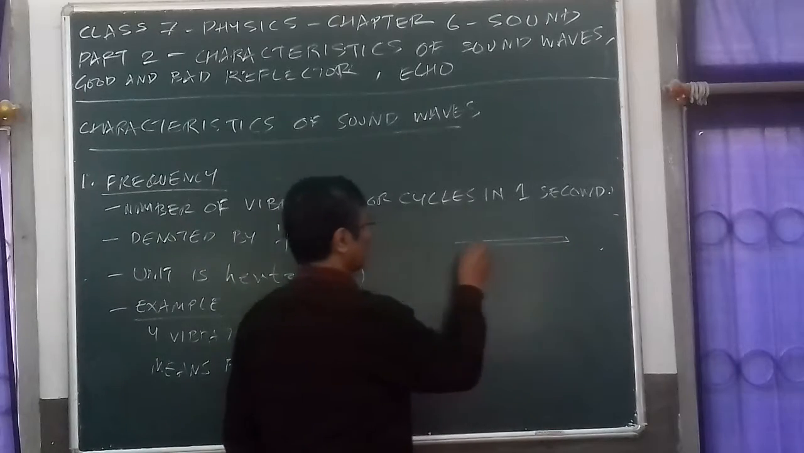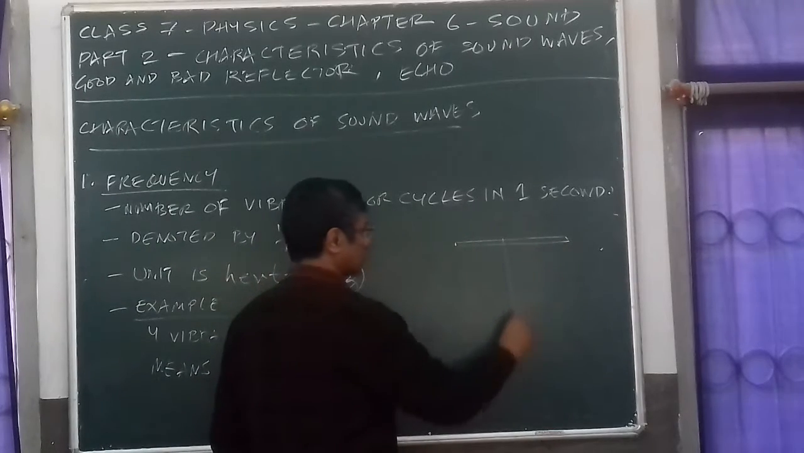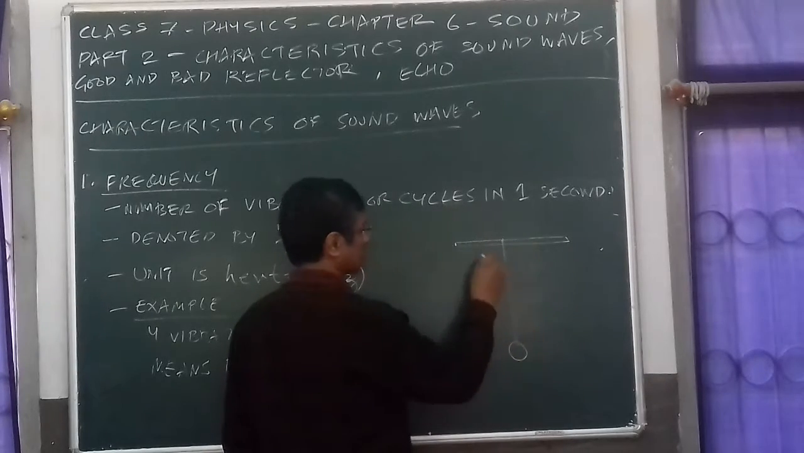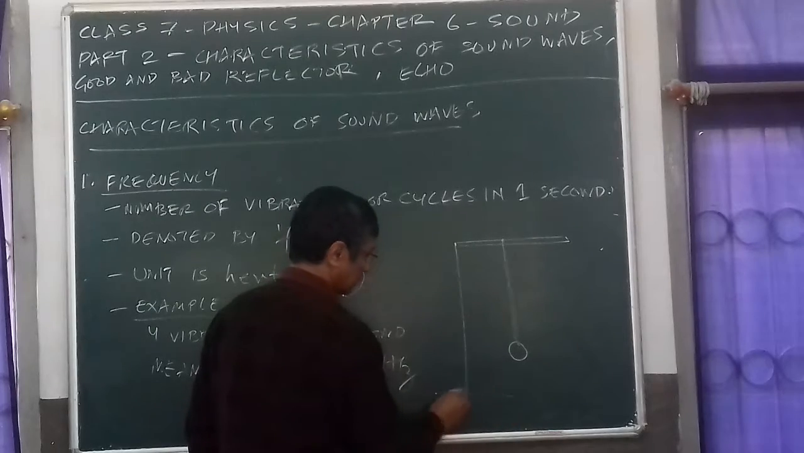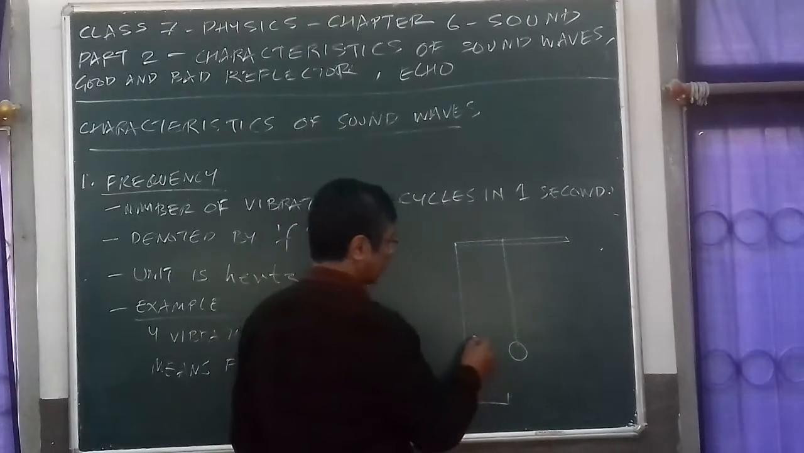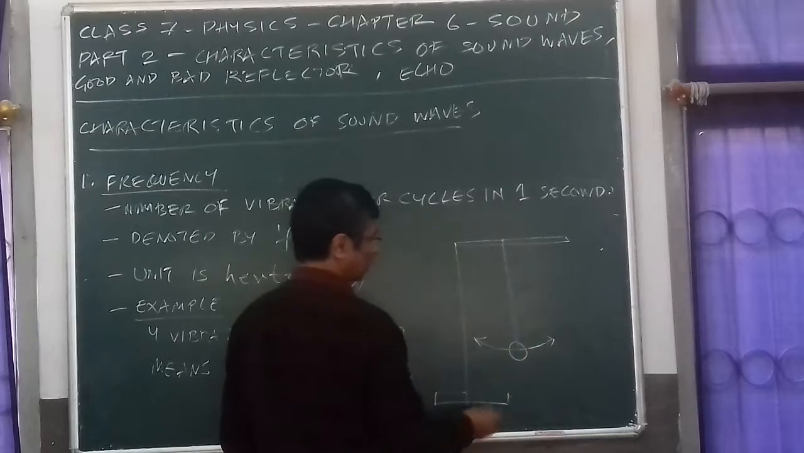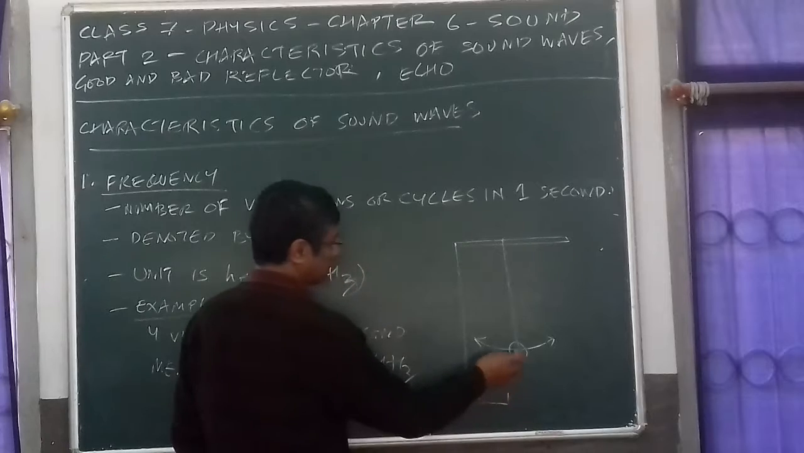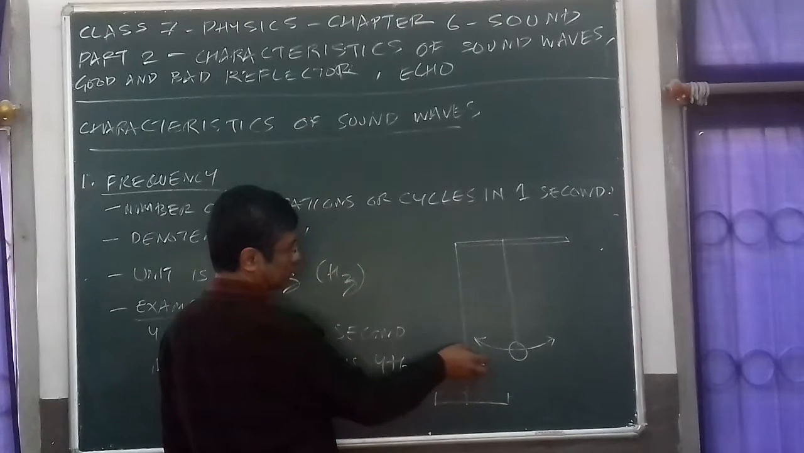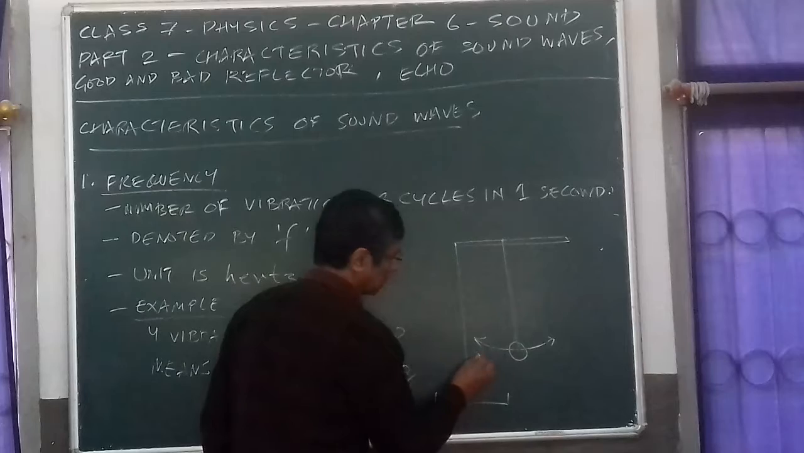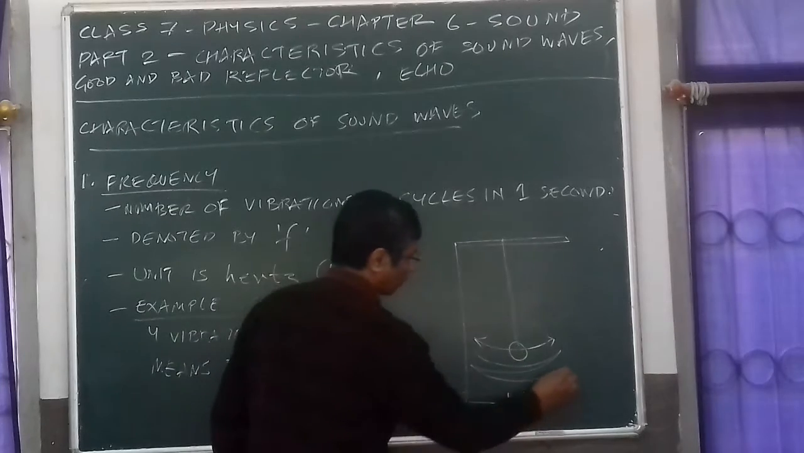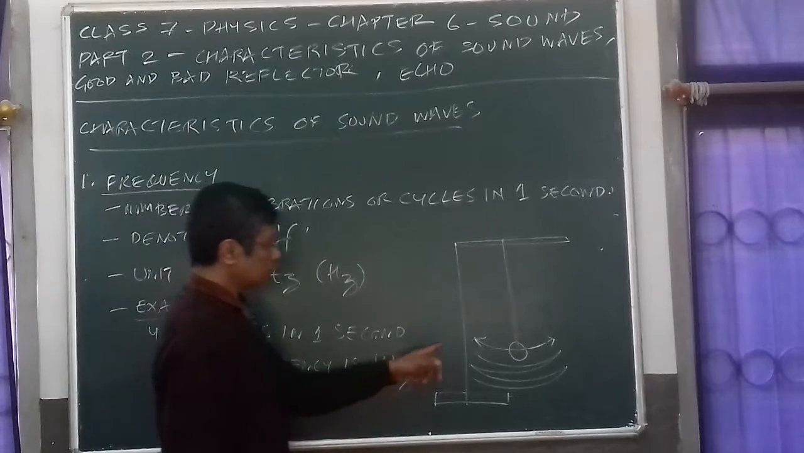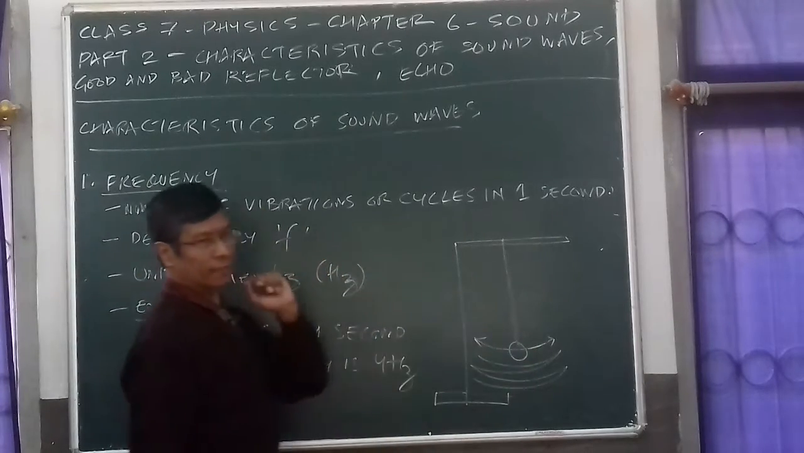As a simple example, I can take a pendulum. A pendulum is basically a metal bob suspended by a string from a fixed support, and I can move it and cause it to oscillate. The number of cycles means, if I move this pendulum to one extreme side and let it go, it will keep oscillating from one extreme position to the next extreme position, and the number of such vibrations in 1 second is called